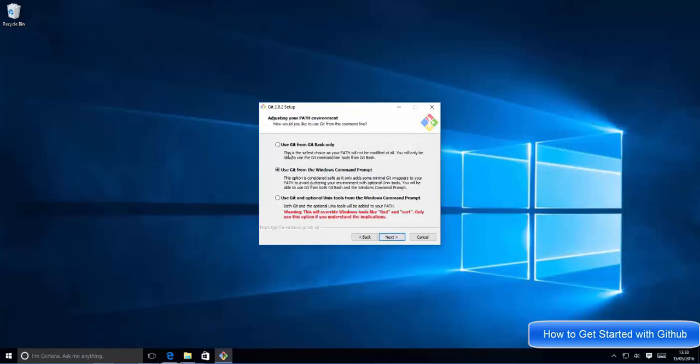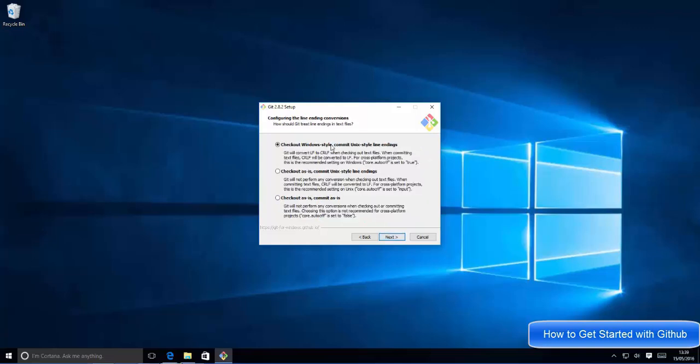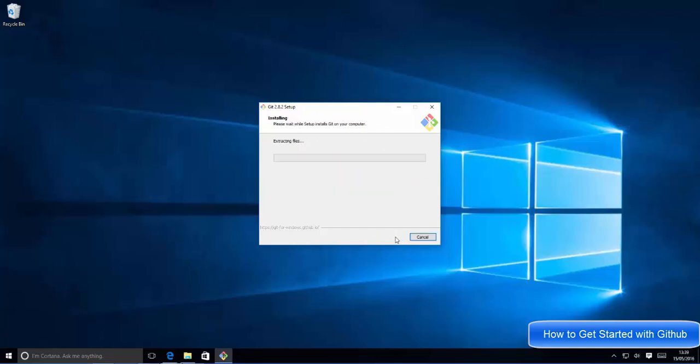And in here you will be able to see three options. One is use Git from Git Bash only. The second option is use Git from the Windows command line, and the third option is use Git and optional Unix tools from the Windows command prompt. So I generally like to use this third option, which will allow me to use Unix commands and Windows command prompts also. So choose this option and click next, and leave everything as default for now, and click next. And here also leave everything as default and click next, and click install,